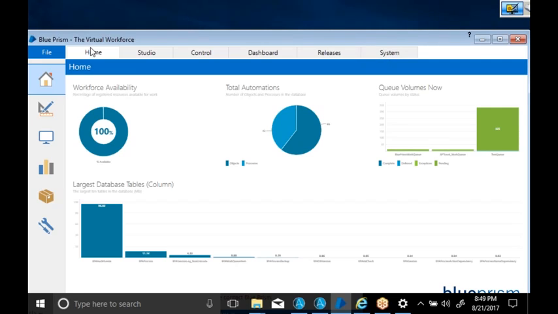Now, when it comes to the home tab, write down what tabs are available inside Blue Prism. We have the home tab, and we have the studio, which you can call different tabs or different features. Home, studio, control, and